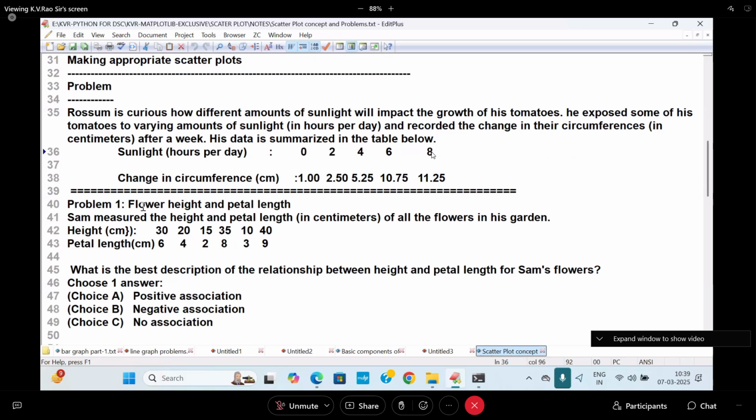It's one more kind of thing. Next, flower height and what? Petal length. You know petal, flower, rose flower, petals will be there or not? Petals and end,